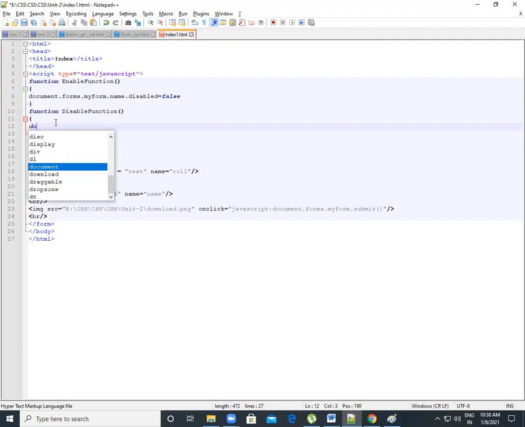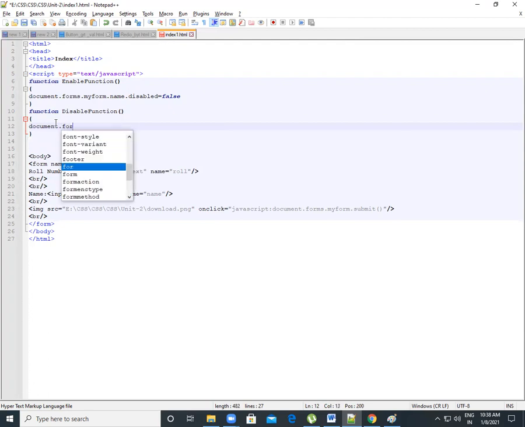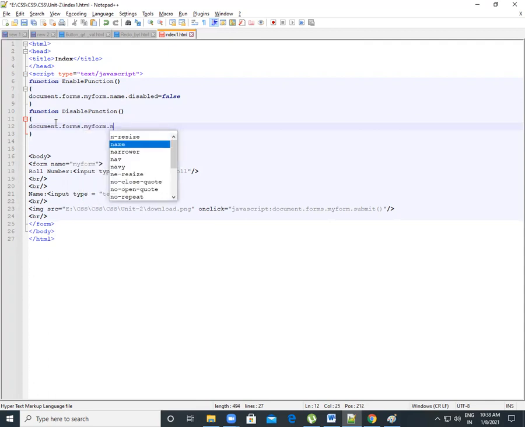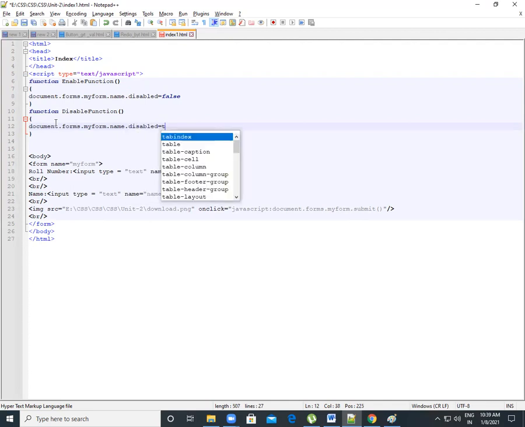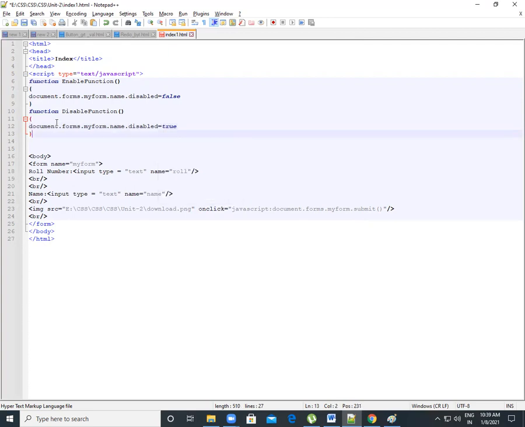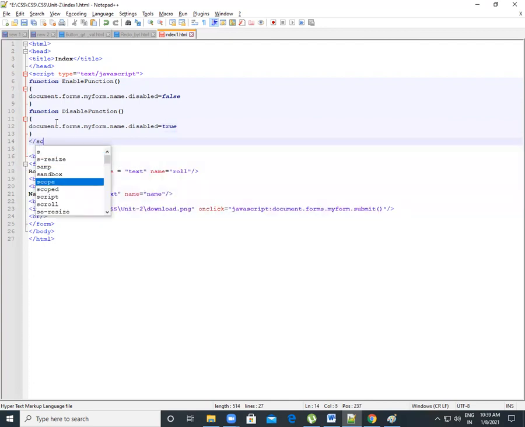And now here also we write document dot forms, correct. Then myform, our form name, and the property of the input type text, we use here the text property name. Okay, then you set disabled equal to true. Okay, so we have already closed that. Now we close the script.